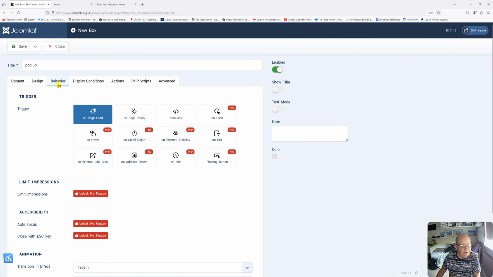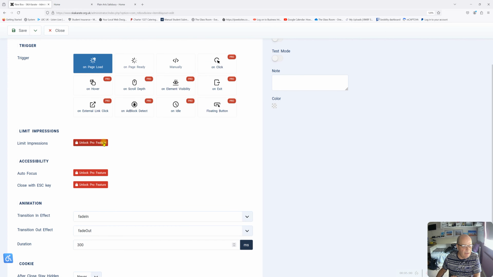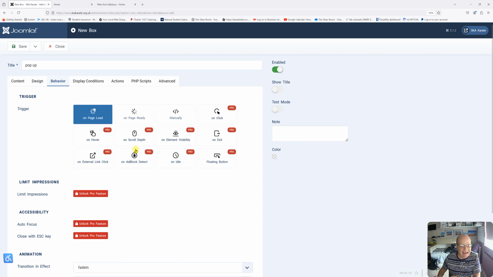The behavior, we want our pop-up to appear on page load. You can do it on page ready. If you go for the pro version, you can do it when you leave the page. You can have a floating button on the page. So there are different options here. You can also limit the impressions. So I'm quite happy to have this pop-up showing every time someone comes into the website or goes onto that